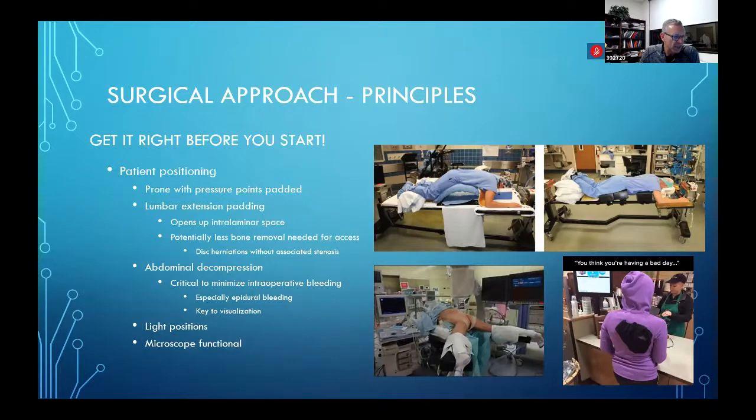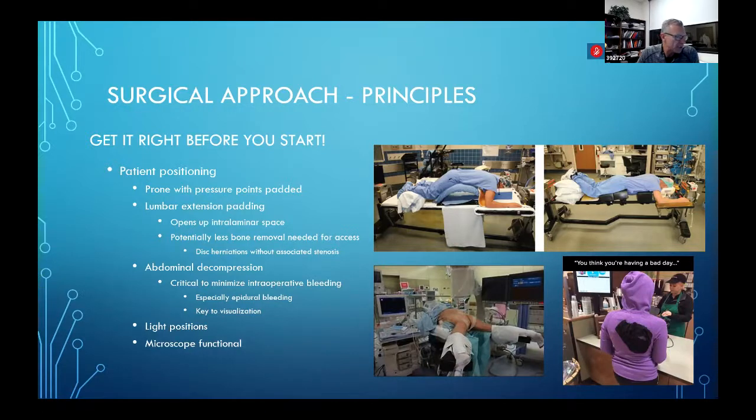You can do decompression in a standard Hall frame on the right. It works fine. But one of the other key things is to make sure that the patient's abdomen is adequately decompressed during the surgery. One of the things that I have seen is that if you place a sheet within the Wilson frame or the Hall frame and it creates compression of the abdominal structures, you're going to get a ton of back